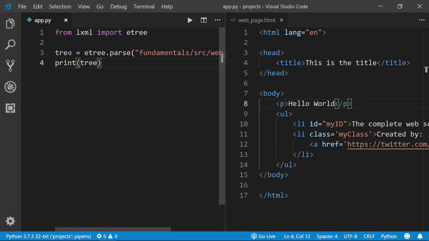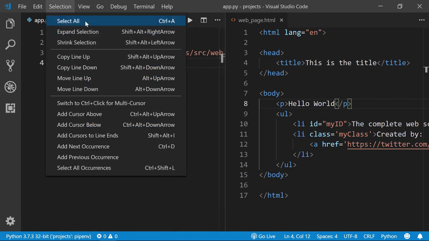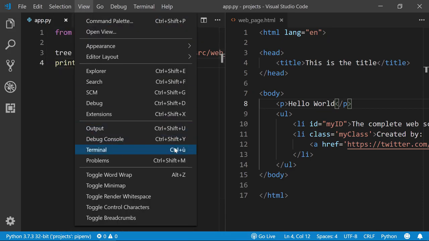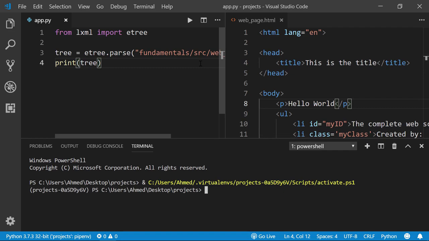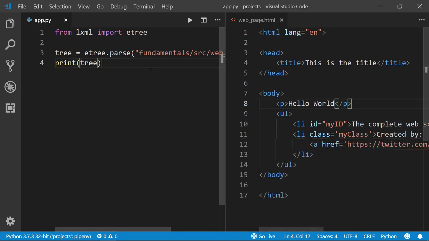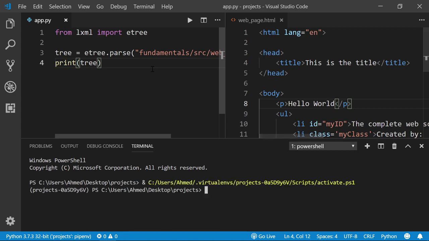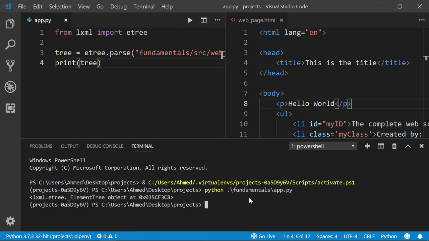Now let's execute the file. You can go to View and then Terminal, or you can use the shortcut Ctrl+backtick. So I'm going to use the shortcut Ctrl+backtick. And if you don't see the virtual environment between two parentheses, all you have to do is to close or kill the current terminal and then redo the same steps. Now let's execute the file, python fundamentals/app.py, press enter. Okay, so we got